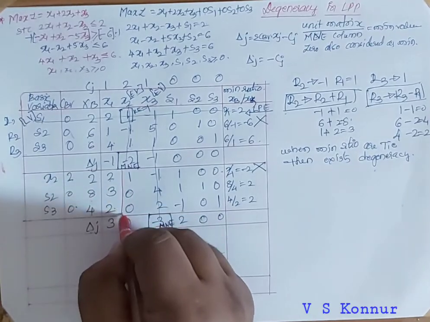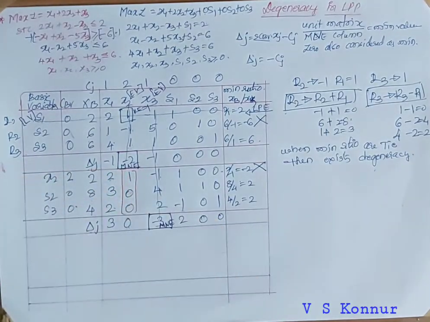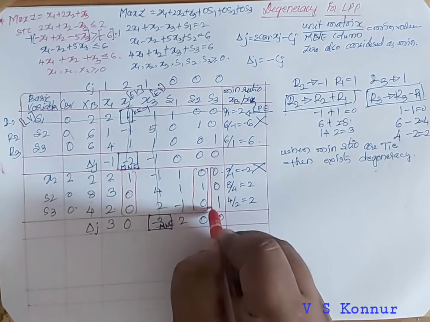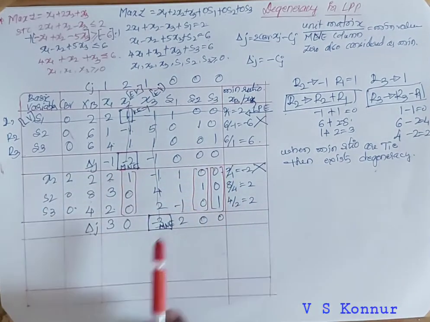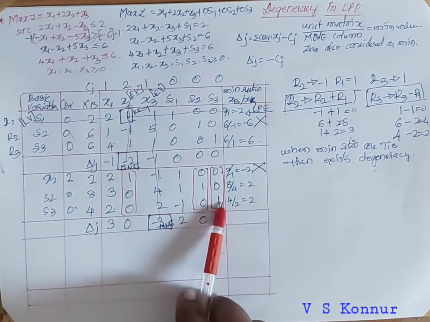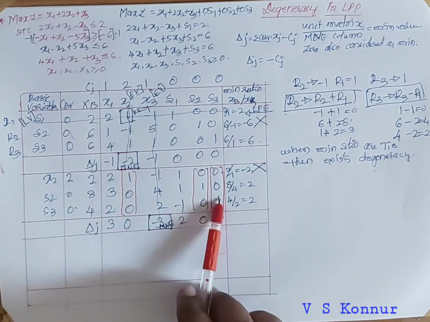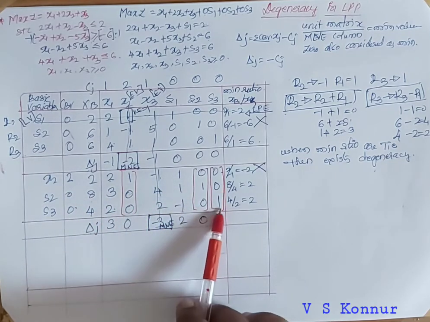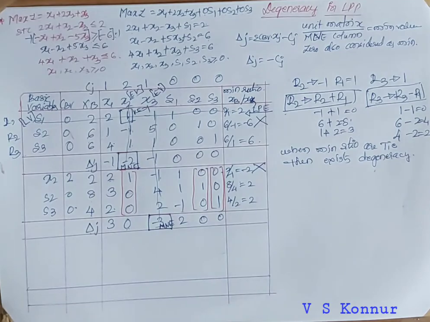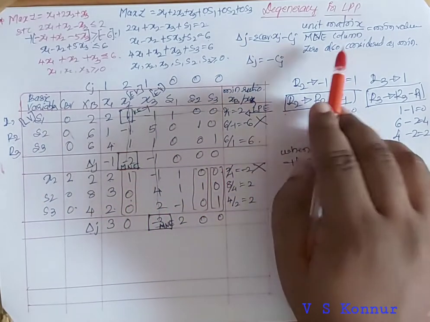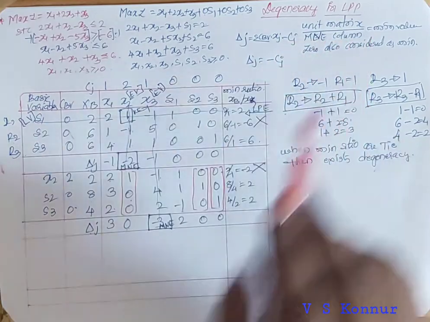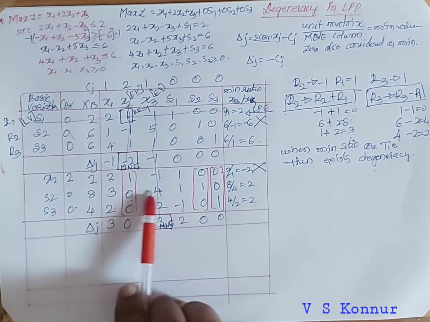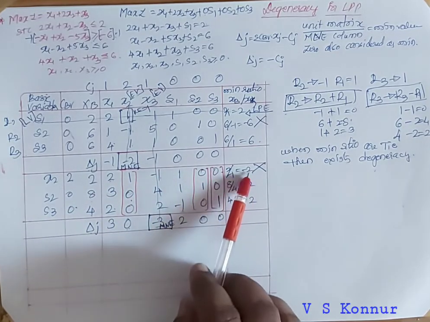You should select a unit matrix in the iteration. The unit matrix 1 0 0, 0 1 0, 0 0 1 is called a unit matrix. Now after selecting the unit matrix, I have written here unit matrix divided by the most negative element column. Because of minus 2 I am not considering this part. Only these two parts I have to consider because these two had the tie, not this.